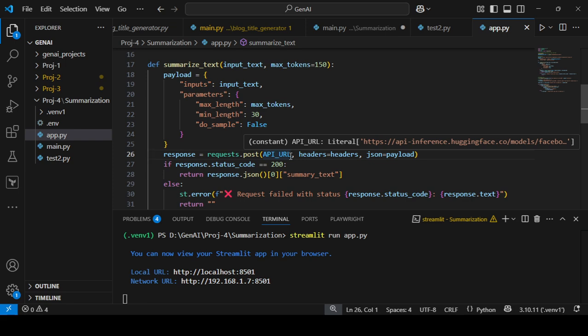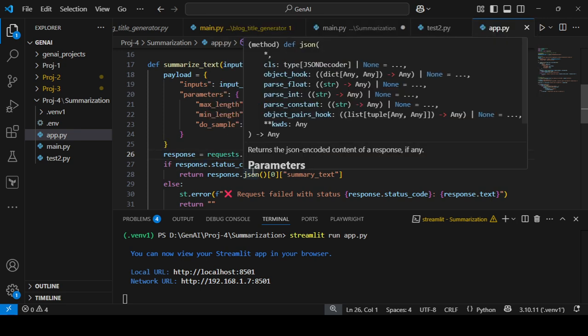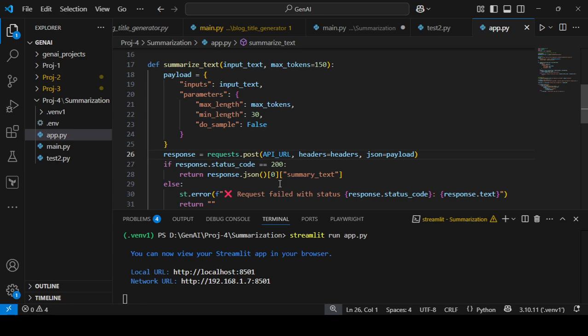We are sending it to the Hugging Face API, and from there we will get the response. And if the response code is equal to 200, that means it is successful, so it will return a summary of the text. And if the response is other than 200, it will return request failed with the status code. So it means the request has failed.